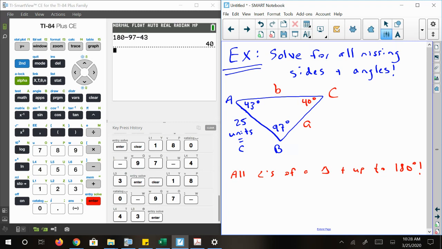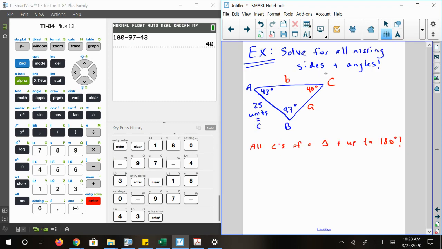Okay, I got all the angles, now I need the missing sides. What I have right now is a complete pair in side C and angle C. Now you can solve for the other sides in whatever order you want. I usually like to go from the largest side to the smallest side. And what I know right here is the largest side has to be side B because it's opposite of angle